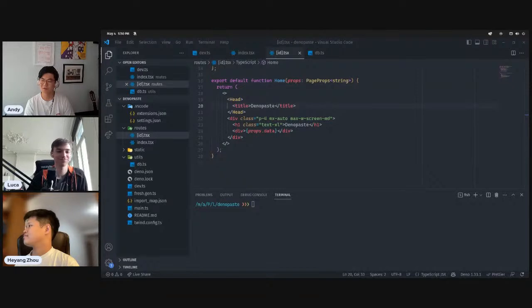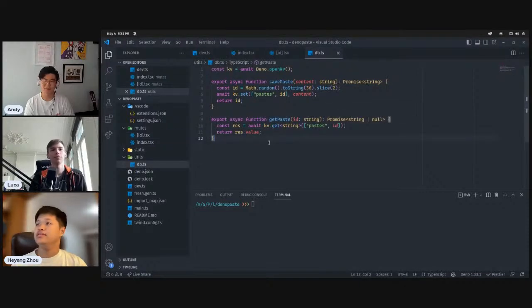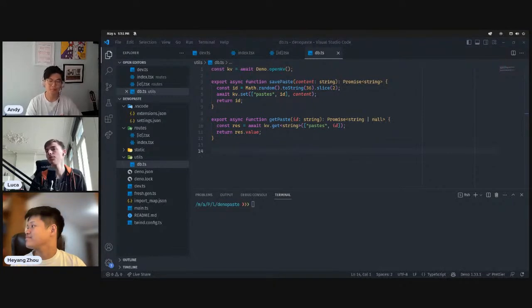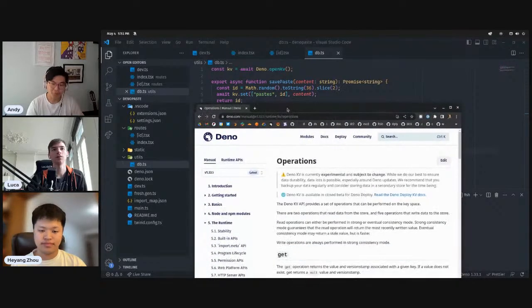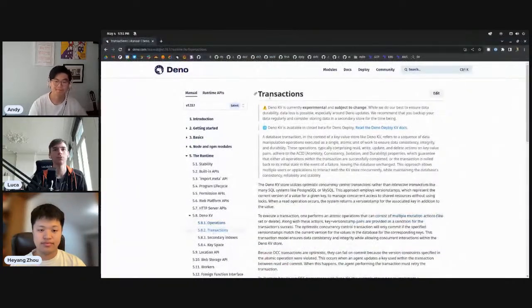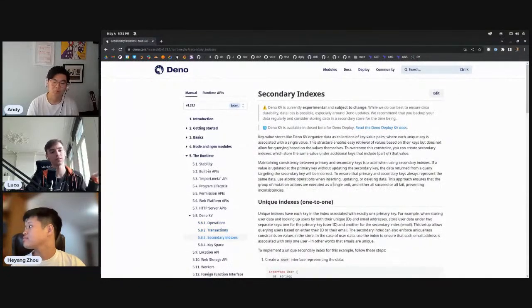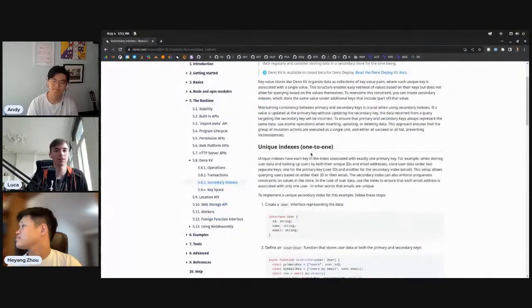And then the final question here is Lino's asking, what's the easiest way to retrieve an object from an ID and an email? Currently, Lino is using 2 keys for this. Yeah, that's exactly the right approach. So let me pull up the manual here. There's a page on this in the Deno manual called secondary indexes, which is exactly what you want. You're creating a secondary index